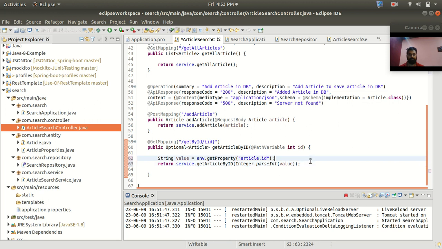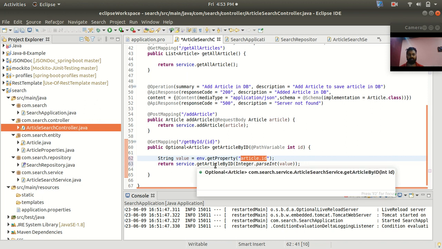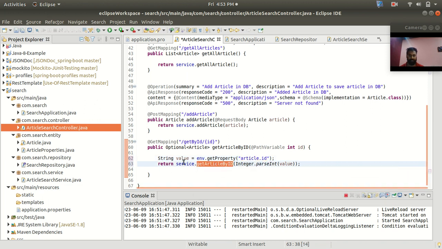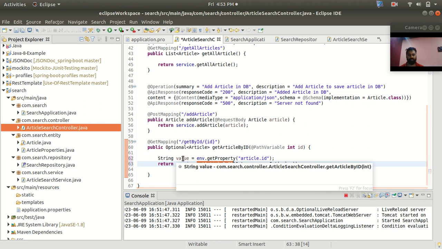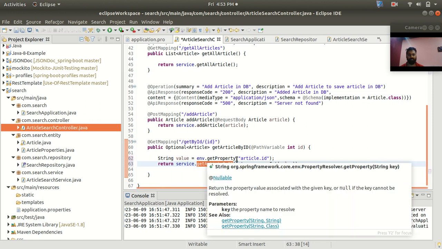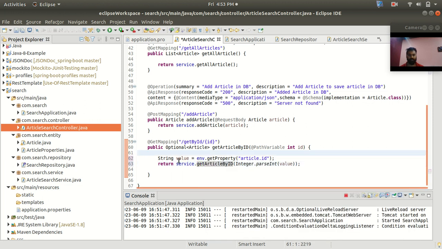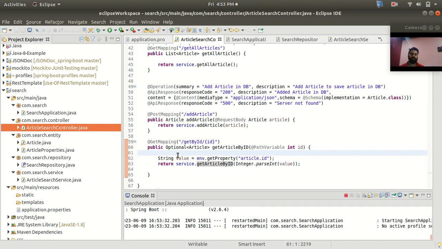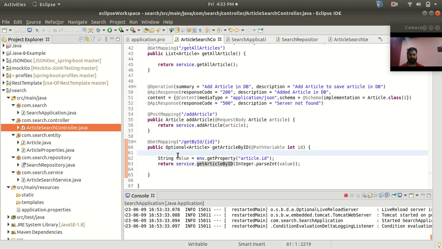Basically what I am doing is fetching this value of article.id, which is defined in your application.properties file, and using this value to further fetch from the database. In this way we are able to fetch the value from your application.properties file. Okay, let's save this, and now let's move to our